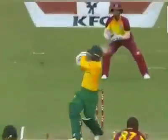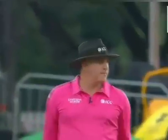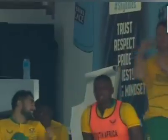Being here, we were just conversating and socializing, basically. Yeah, well, they're probably enjoying sitting right here rather than that dugout there, because any of the South African players...